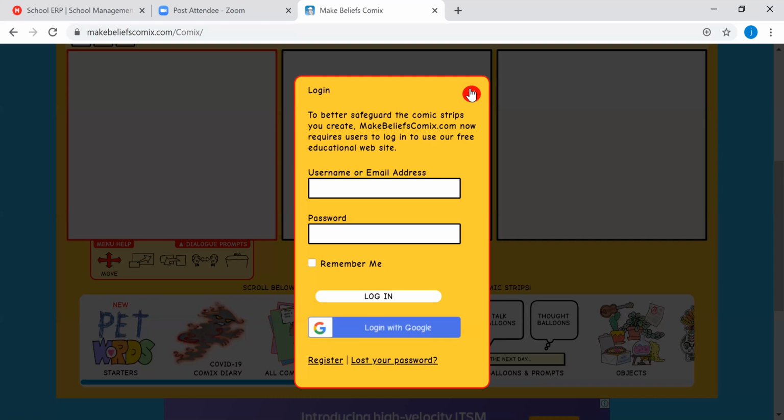Do we need to log in for this? I think we need not log in for this.